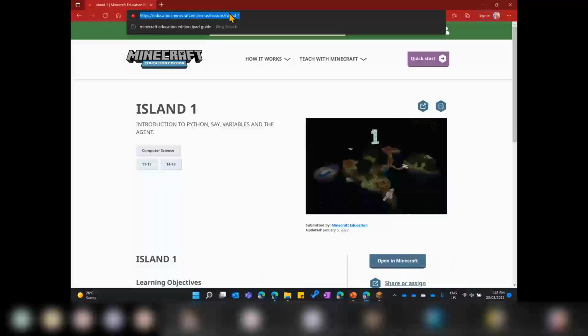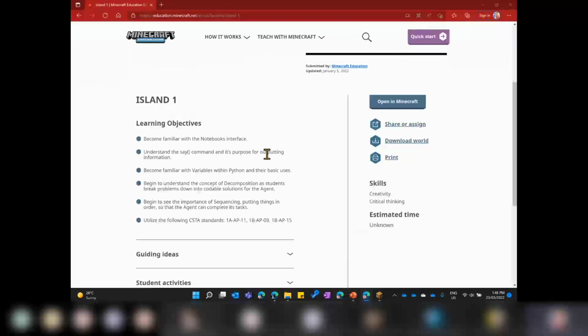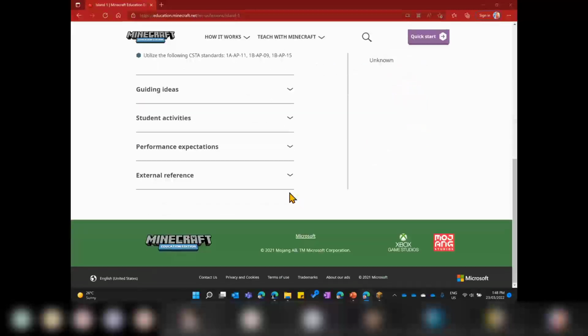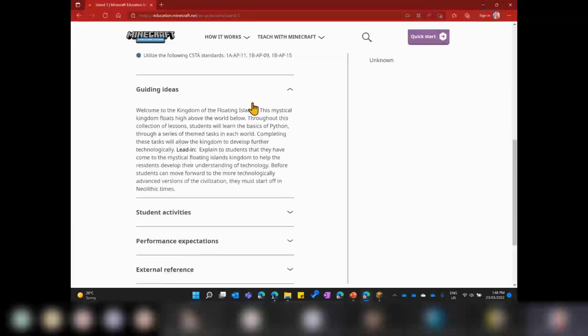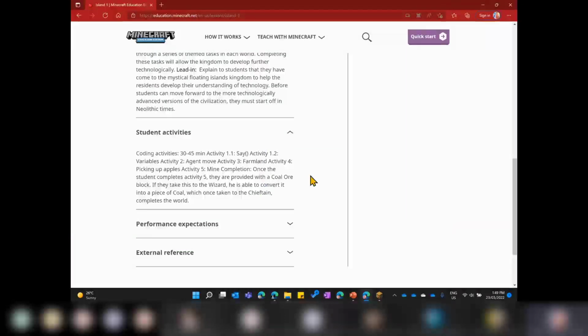Island 1. And I can actually post that in the chat. Can I? So we can see there that we've got the idea. Students are coming to the mystical floating islands kingdom to help the residents develop their understanding of technology. Then it's got a list of the activities,